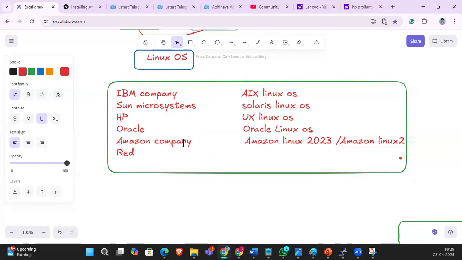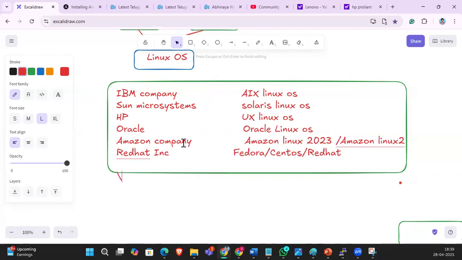Okay. Red Hat Inc. took that source code and created three types of OSs. One is Fedora, the second is CentOS, the third is Red Hat.